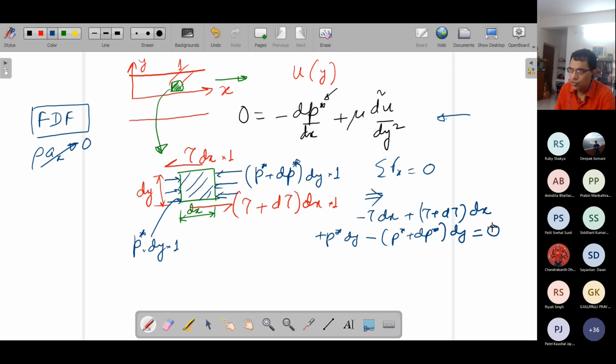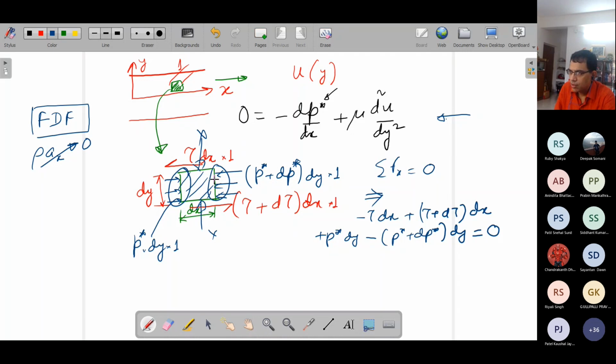The normal forces on the surface are not important here. What is the normal force on these surfaces? Clearly they are not important because they are not along x. But the normal forces on the lateral surfaces are important. We have only considered the pressure but not the viscous normal stress. The reason is that there is no differential viscous normal stress along the two sides, and that will not give rise to any net force.